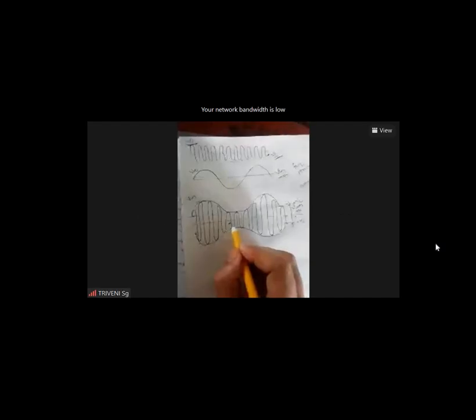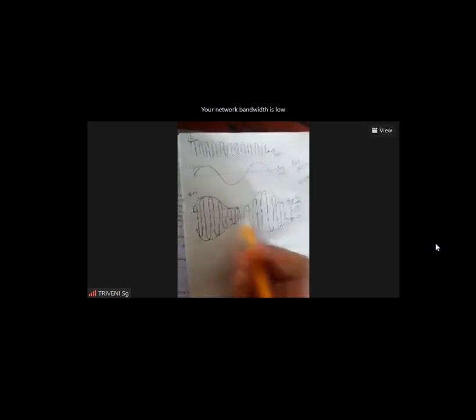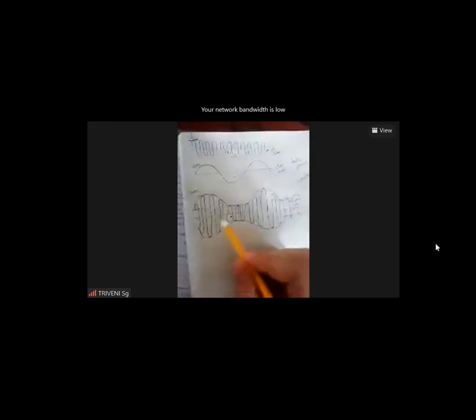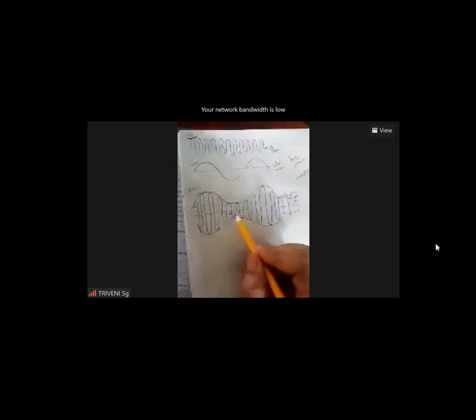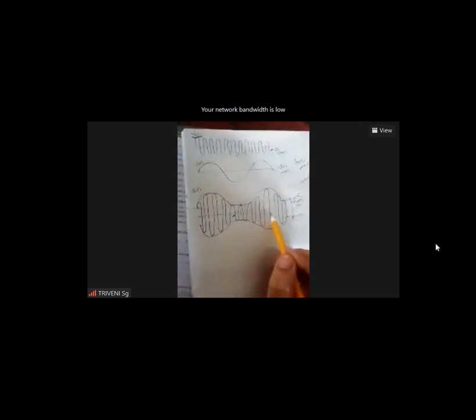Okay. Now look at this modulated signal. If we go through the time period, at any time instant the frequency is constant, and the phase is also constant. That means at any time instant, no phase is going to change. The phase remains constant. What is the changing factor here? Amplitude. The amplitude of the modulated signal is going to vary. How is the amplitude of the carrier signal going to vary? Based on the amplitude of the original signal.